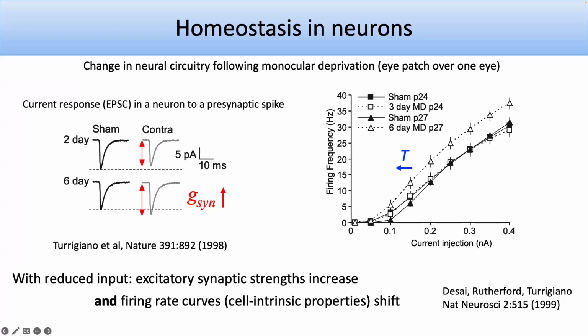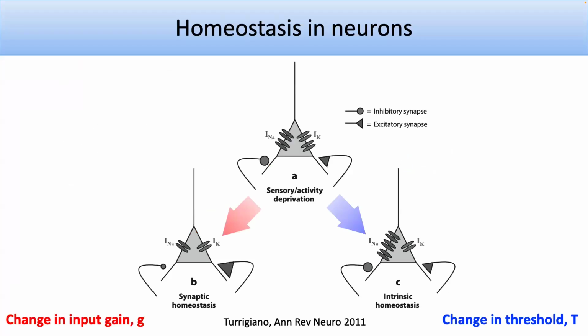And this is called synaptic scaling. These are the connections between cells getting stronger. Okay, so they're two distinct things. They all depend on channels at some point, but very different channels. And so you can think of it this way: you do some sort of sensory deprivation. The excitatory inputs get stronger with their connections coming in. Inhibitory inputs, which I'm not going to look at so much, also weaken at the same time. But then the cell can make it easier to spike by having more sodium channels and fewer potassium channels. And both of those have been seen.